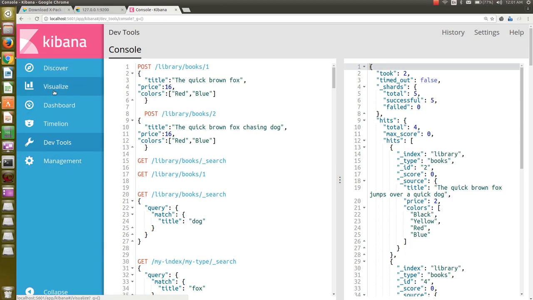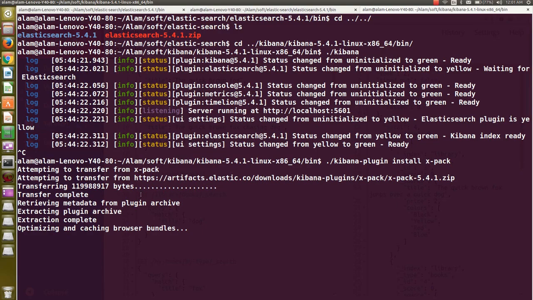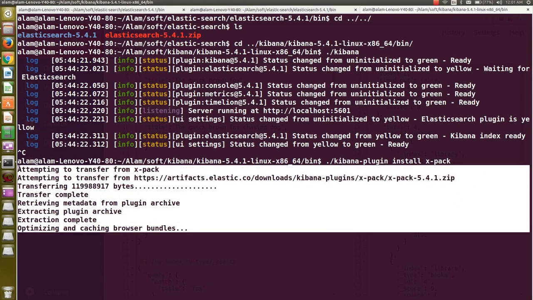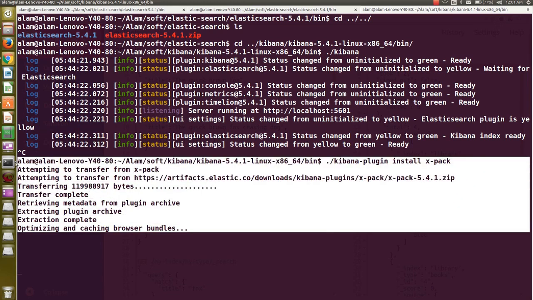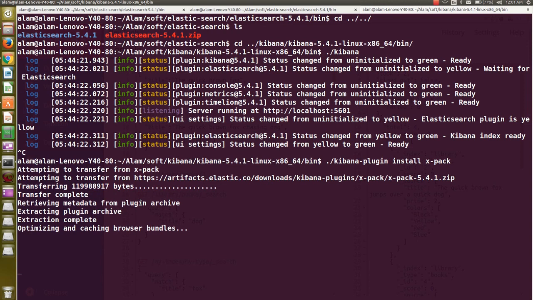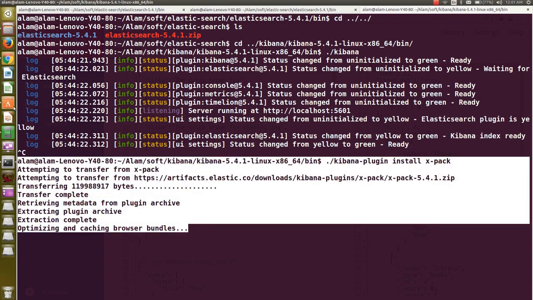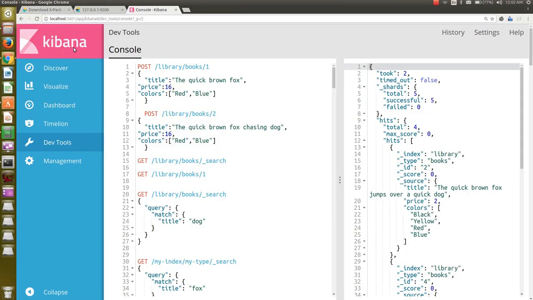Currently we have discover, visualize, dashboard, timelion, DevTools and management. Once the XPack is deployed, then we will have a different picture in this Kibana tool. It will have a different capability.